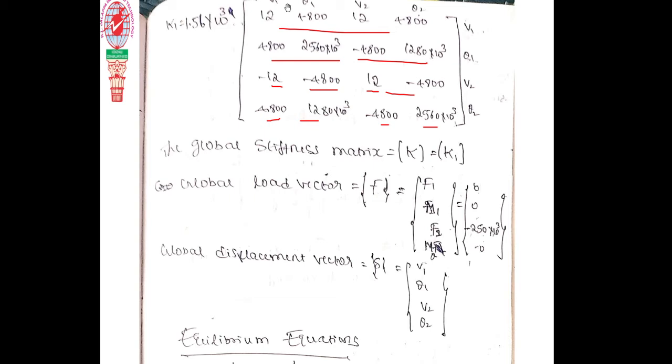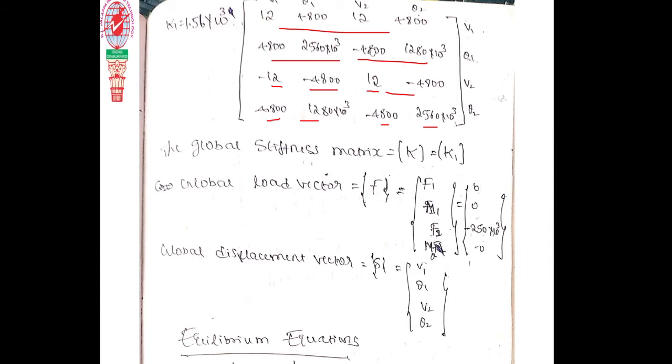For every node, those two degrees of freedom are there. So you have to number like this: v1, theta 1, v2, theta 2, and the column numbering also the same, because element 1 belongs to node 1 and node 2. Therefore, in node 1 it is v1, theta 1, at node 2 v2, theta 2. That's the reason. Understood? This is one more important concept. You keep this one because this will be helpful in the global stiffness matrix.